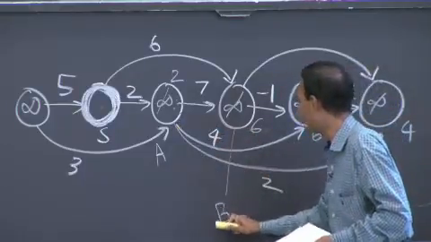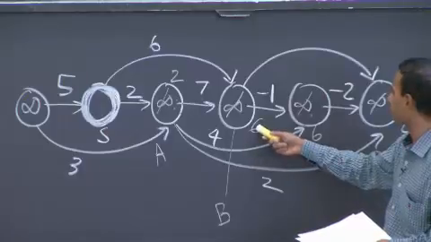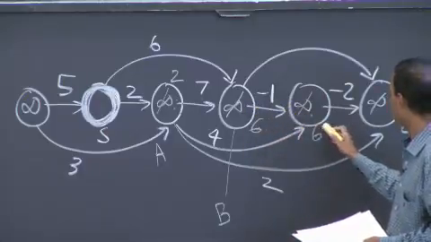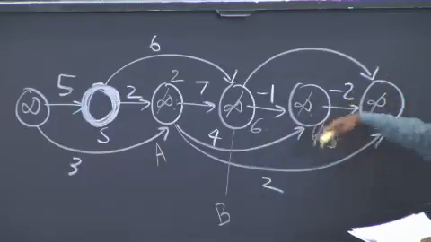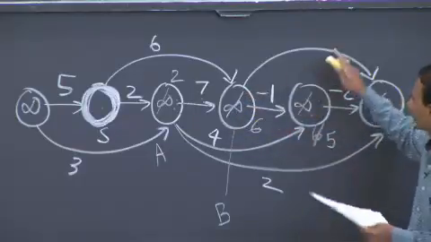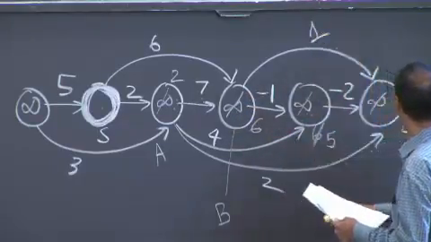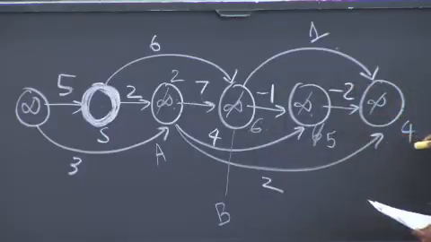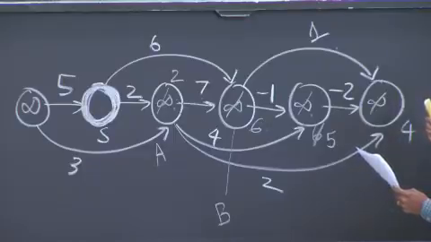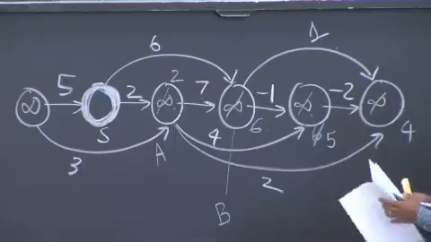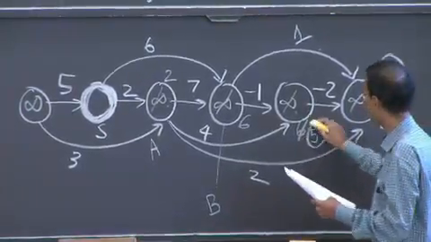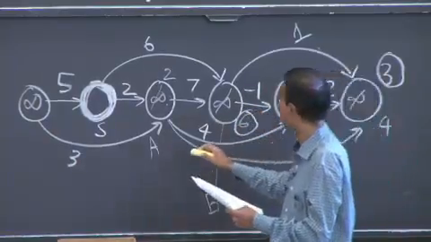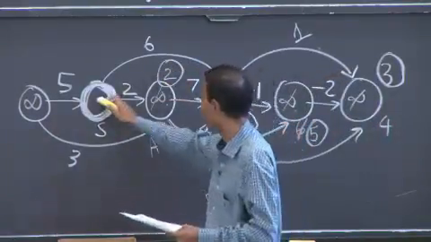If this vertex is B, then I have a value of 6 for this, and 6 minus 1 is less than 6, so this becomes 5. And 5 minus 2, well, that's the next step after that. But once I'm done relaxing this, oh, I haven't put, this is a 1. And so 6 plus 1 is 7, but that's greater than 4, so I don't have to do anything there. So the final values that I end up getting are 3 for this one. So this is the final value. 5 is the final value here. 6 is the final value here. 2 is the final value here, and that one is 0.